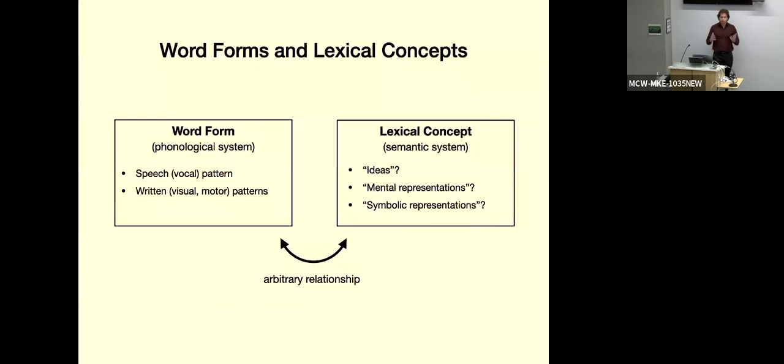And because this association is arbitrary, we can use word forms to trigger specific lexical concepts in the mind of our research participants without interfering with the actual representation of the concept. It is common to investigate concept representation using images, for instance, presenting pictures and asking people to think about the meaning of the picture, to name the picture. But that has the limitation that if the concept has a visual component, it has become contaminated by the visual stimulus that you're presenting.